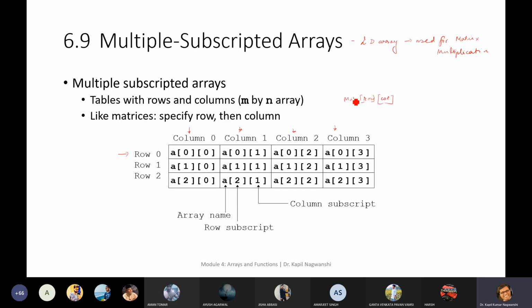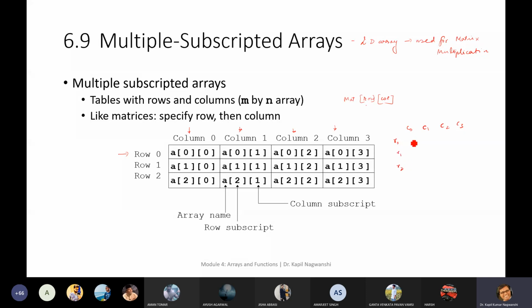So this is our matrix, written in row and column order. So column as a subscript and row as a subscript. So that is the way you can access the element. You just try to write it in your copy so that you will be able to understand what is going on. And you can simply write this as C0, C1, C2, C3, and R0, R1, R2.